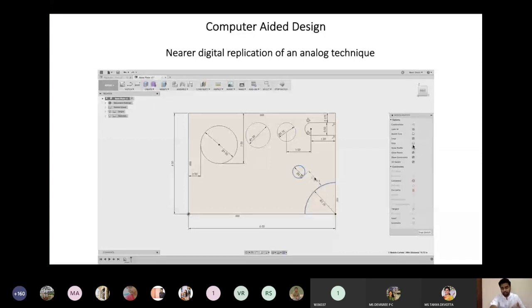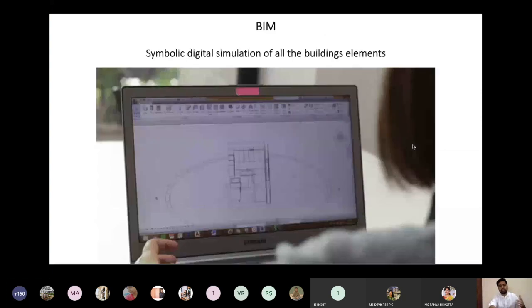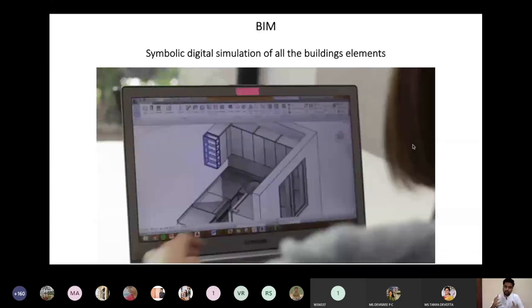Building information model. When it comes to building information model, we are just trying to give a symbolic digital simulation of all the building elements. BIM is a platform where Revit acts as the main software. In Revit, a lot of